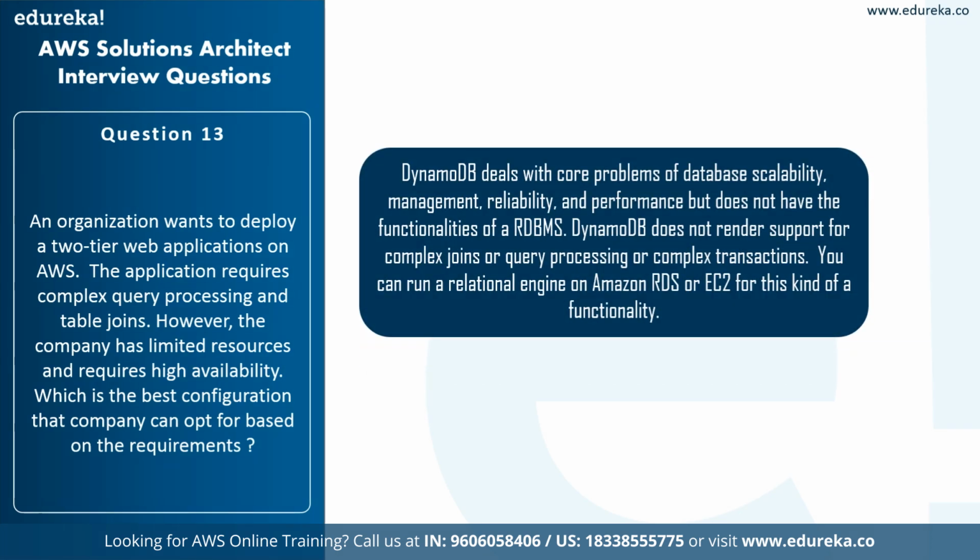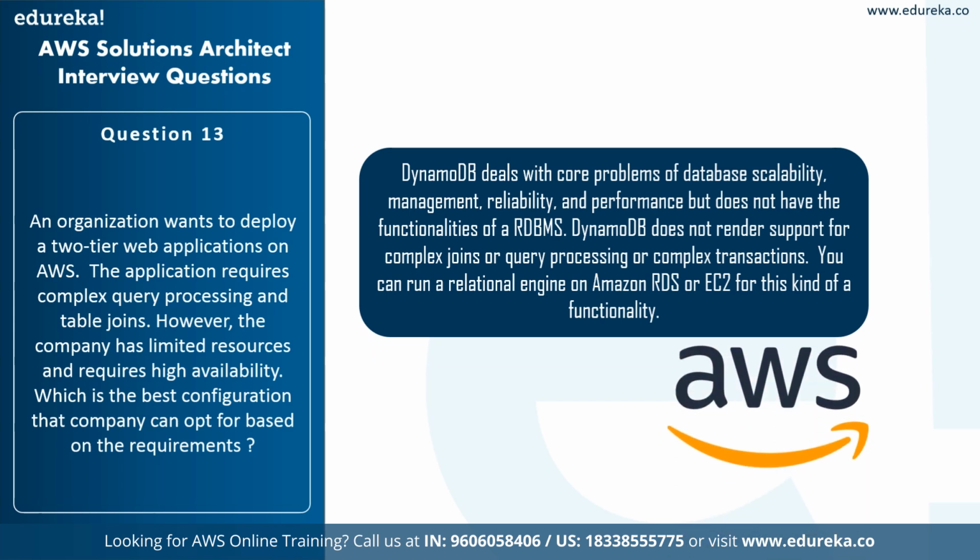DynamoDB deals with core problems of database scalability, management, reliability, and performance, but does not have the functionalities of an RDBMS. DynamoDB does not render support for complex joins or query processing or complex transactions. So you can run a relational engine on Amazon RDS or EC2 for this kind of functionality. So I guess here DynamoDB is the best configuration that the company can opt for based on all of these